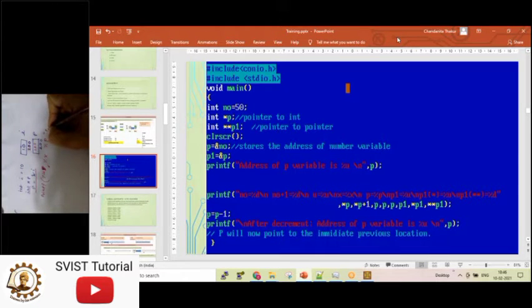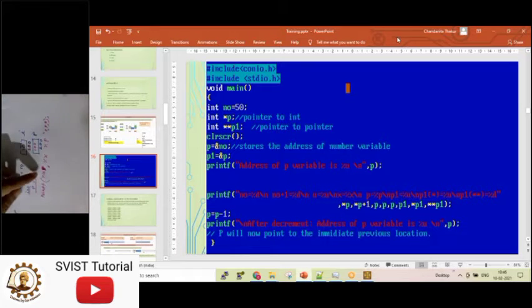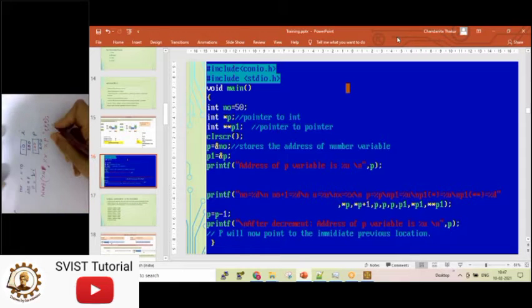So if I write p three times, because in all the cases I want to print the value of p, what will be the output? When I write %u, it will give the integer address of p. So what is the integer value of p? That is 100.